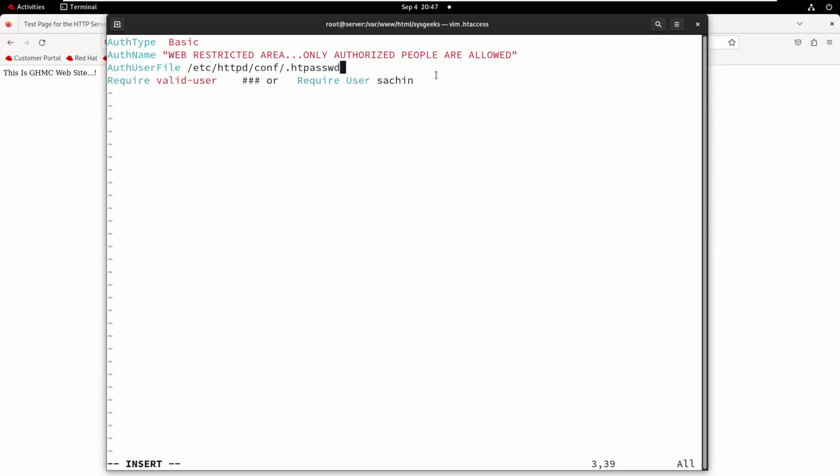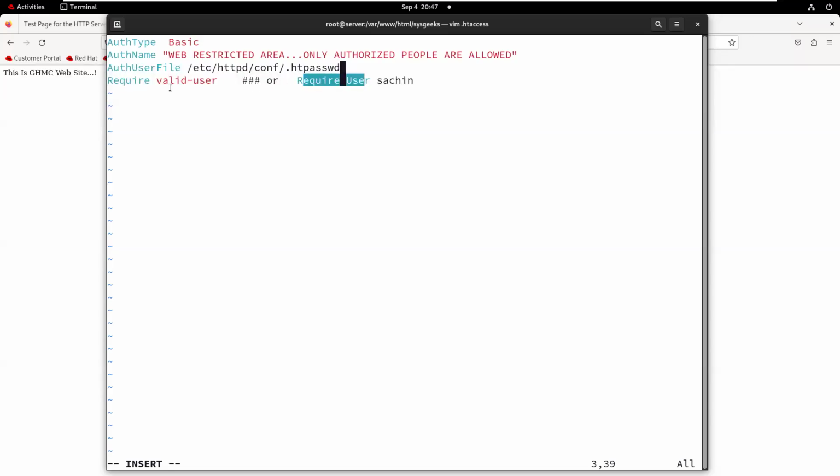Here two keywords are possible. The major keyword is require valid-user, which means any web user is valid. But some people write require user username.